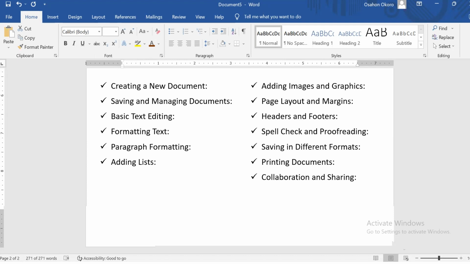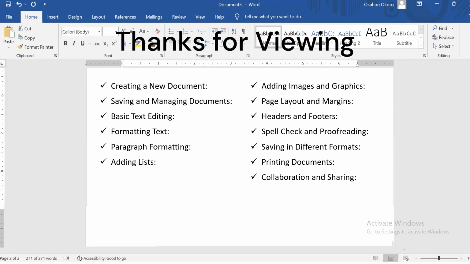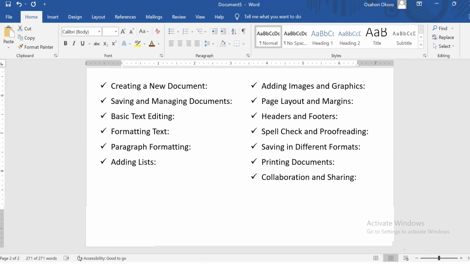In fact, when you are looking at a document, until we tell you why it is in this style or format, you won't know. After going through all this, you will be able to look at a document and say, okay, this is what they did, this is what they did. So you can now reproduce your own. We're not saying that you should reproduce other people's work. We're only saying that after this training, you should be able to present your skill in a Word format, so that when someone looks at your document, he's able to tell what and what you can do. So that's the very first thing, being able to translate your skill to digital format using Microsoft Word.